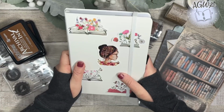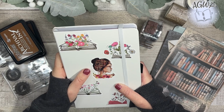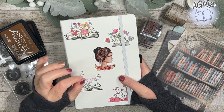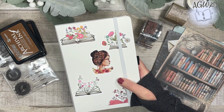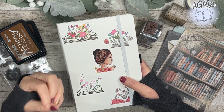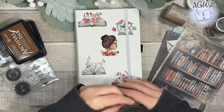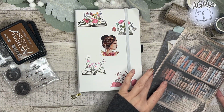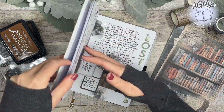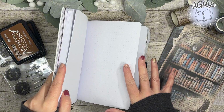So this is an A5 Archer and Olive journal that I have turned into a series review journal. This is a supplement to my other reading journal, but I wanted a place where I could actually review the completed series that I've finished, or has actually turned into duologies that I finished as well. Because sometimes I have different thoughts on the series or duology as a whole versus the individual books in that series. So this is the notebook that I've been using. You can see I've been using it. I haven't finished that many series yet, so it's going to take a long time for me to finish it,